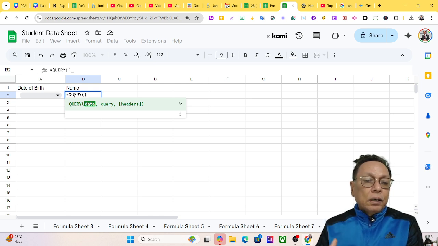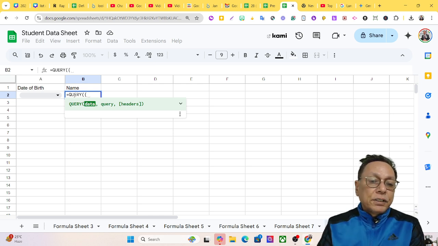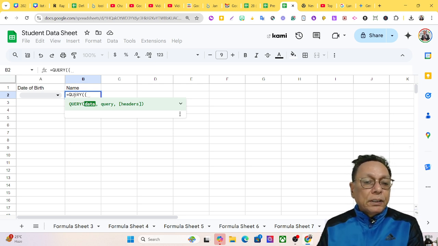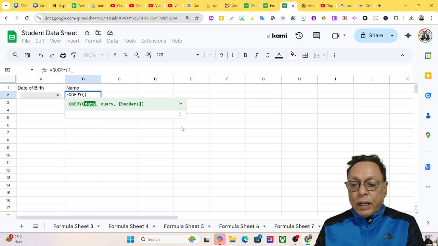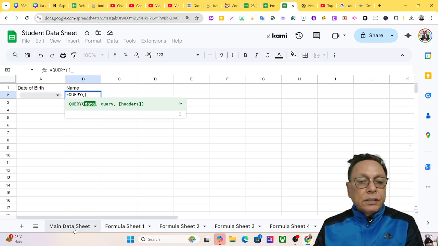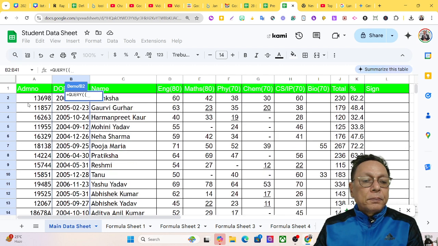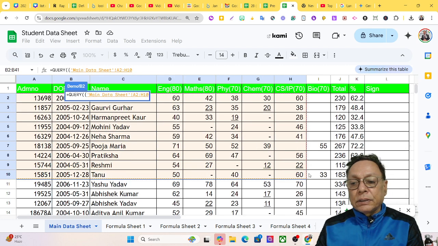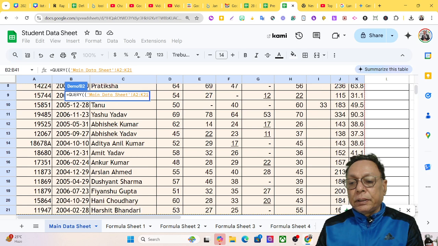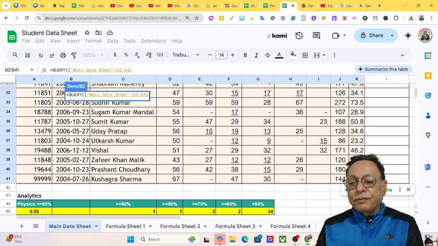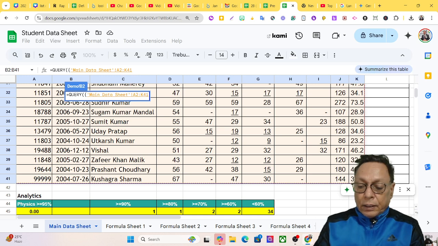And if your data source is from a different sheet, you will have to use Col1, Col2, Col3, and so on. So I am taking the data from a different sheet, and my sheet is this. So I am selecting the data from here because I am not going to take up the header this time. Complete data I have selected, and closing this,